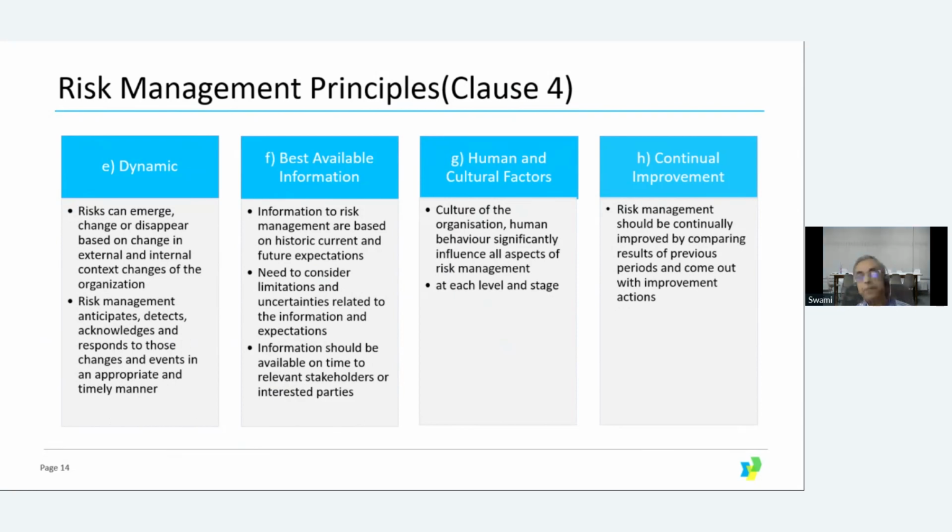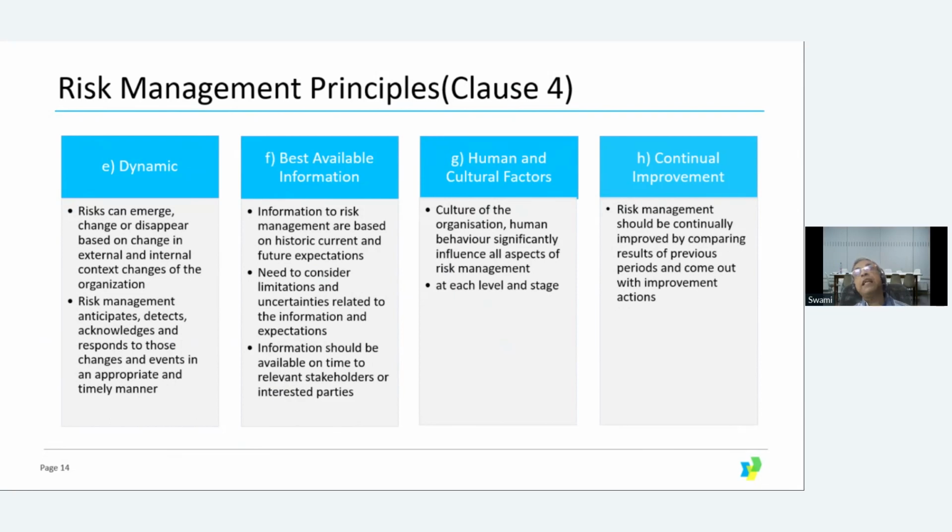So that is one of the important aspects: information for risk management is based on historic, current, and future expectations. We need to consider the limitations that we have about the information. We may have some information today, and that information may become obsolete over a period of time. So we need to have constant touch with the external world and also collect all information which will be used in order to bring up the risk management process. Now,